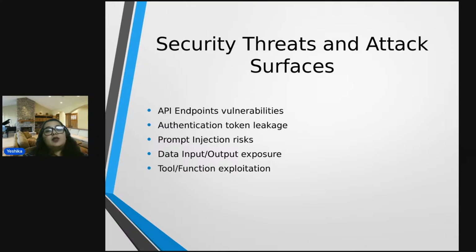Then we have data input or output exposure. Definitely, whatever databases you are having, we know that SQL injection is a very common vulnerability. So how can artificial intelligence models or AI agents be vulnerable to such kind of vulnerabilities? That is something that a web application has. And when you prompt on one of the forms with the basic SQL injection, 1 equals 1, then it gives you all the database values and information which has not been updated or sanitized before, or input validations have not taken place. So definitely when you talk about data input or output exposure, you need to